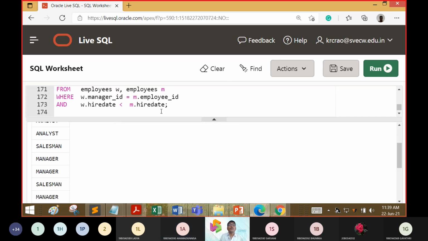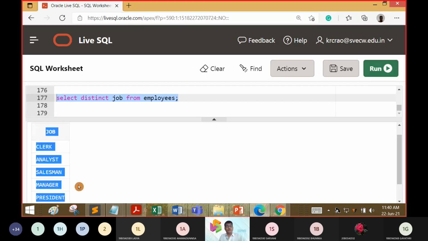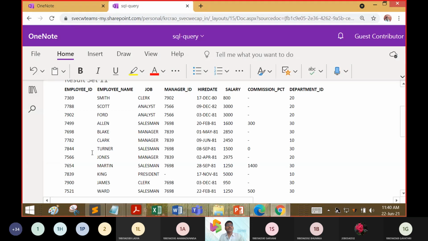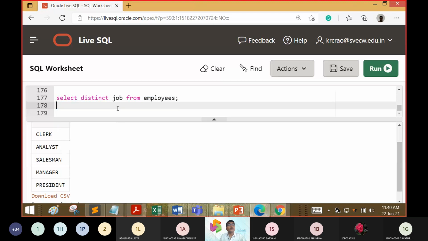So if I put unique and run, I am assuming my answer to be 5. Okay, 5 came. Is the query complete? No. Now you have to mimic the jobs: clerk, analyst, salesman, manager. Instead of distinct, I should select the previous one only.